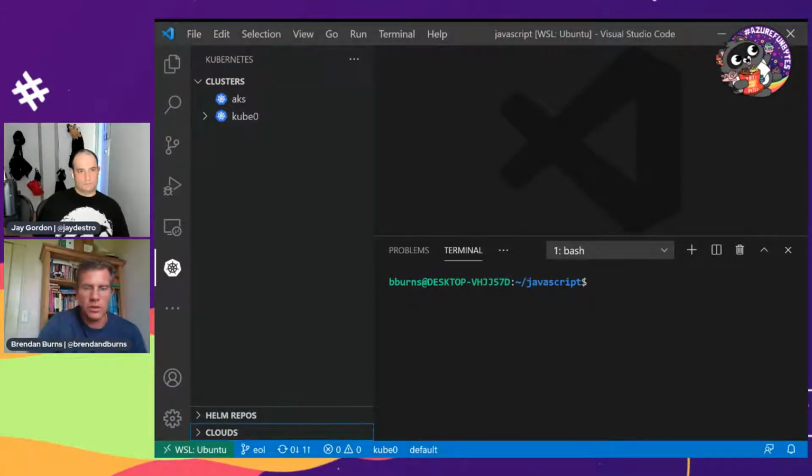I actually wrote the original one. Maybe that's why I like to show it, because the original code was mostly me, although the team has taken it over since then. The real idea behind it was that there are a lot of great tools the Kubernetes community has built, but they're not necessarily familiar. If you want to learn the ways to do things with kube control, you can, but it takes a long time.